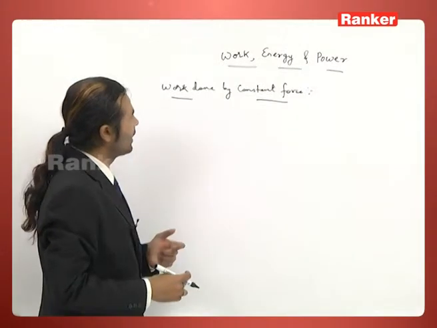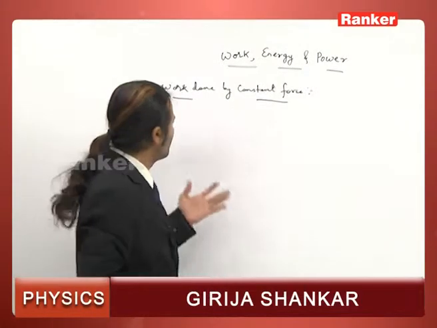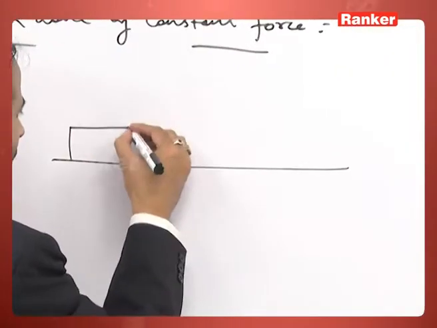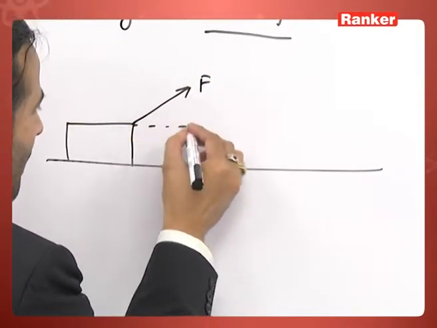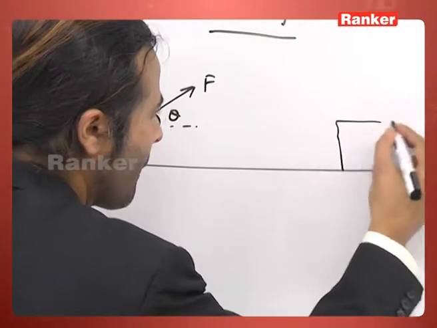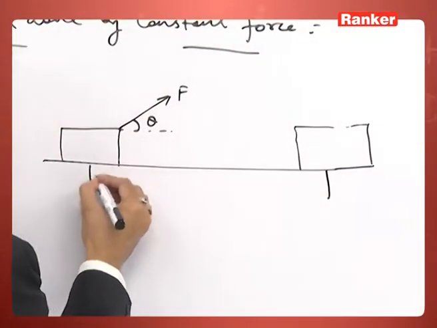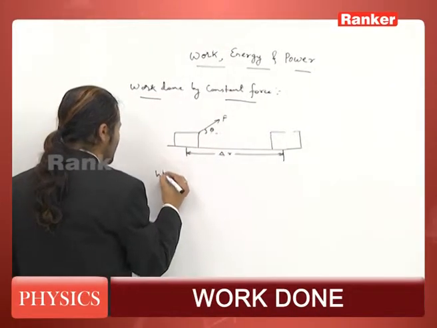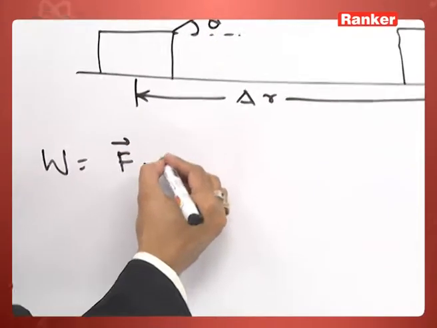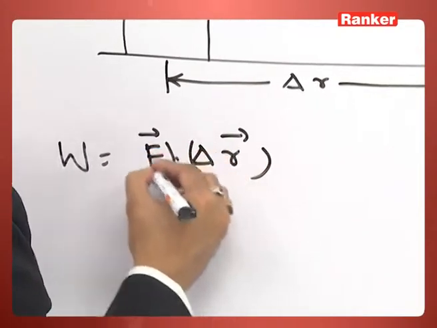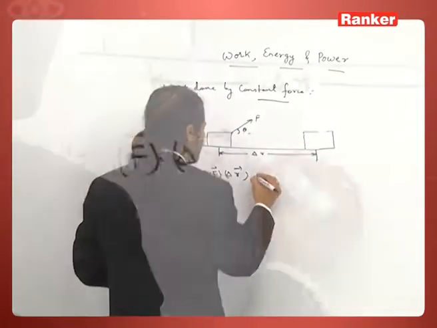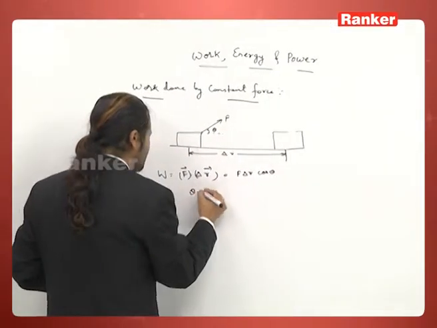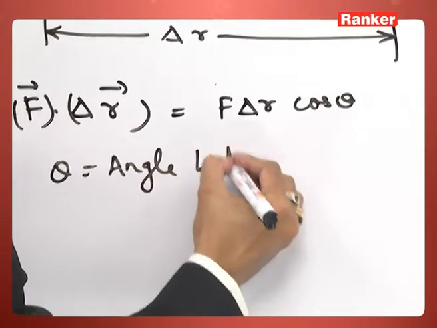So we will discuss work, energy, power. Let us go with work done by constant force. It is defined as: work done is defined as the dot product between force vector and displacement vector, or I can say F delta R cos theta, where theta is the angle between